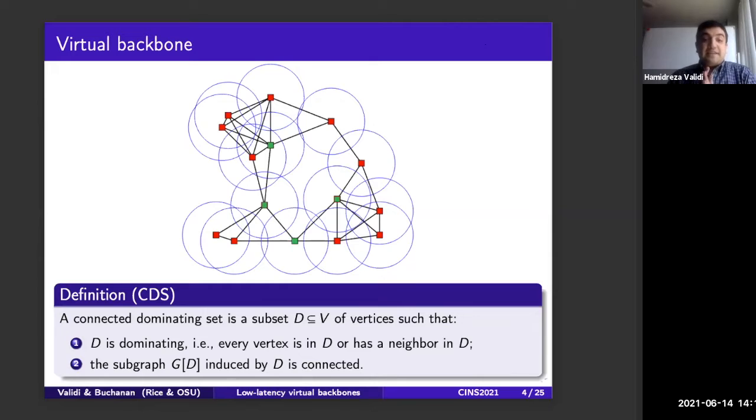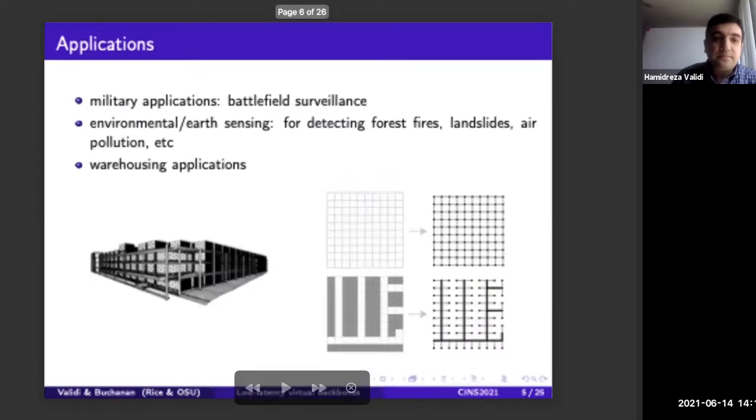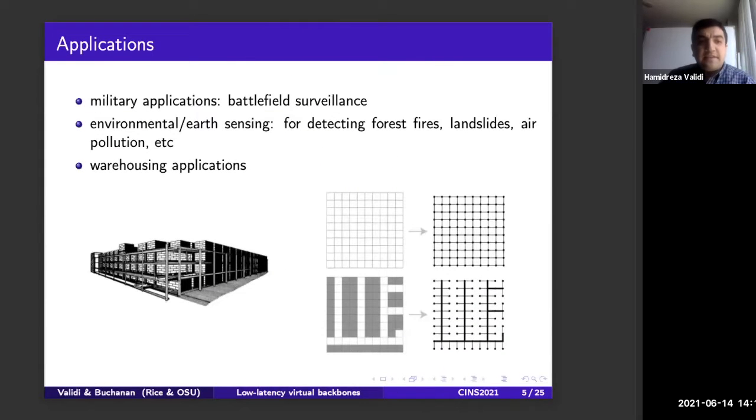We say that these nodes form a connected dominating set if they induce a connected subgraph in the graph. These green vertices induce a connected subgraph, and any other vertex is a neighbor to these green sets, which is called a connected dominating set. For applications, we can think about different military applications in battlefield surveillance,